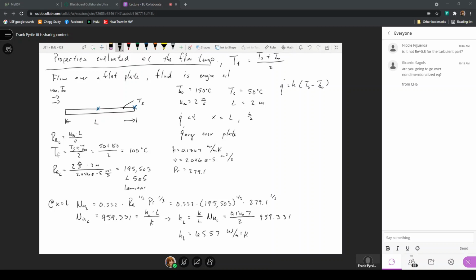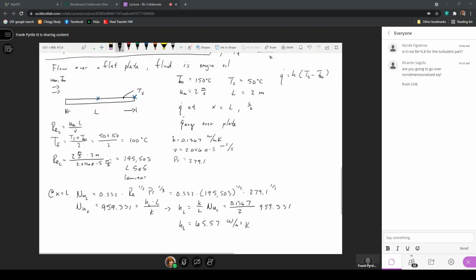So using that heat transfer coefficient at this position, that is the trailing edge of the plate, then the heat flux, here I'll write at L, is just the heat transfer coefficient at X equals L times Ts minus T infinity. So here this is 65.57